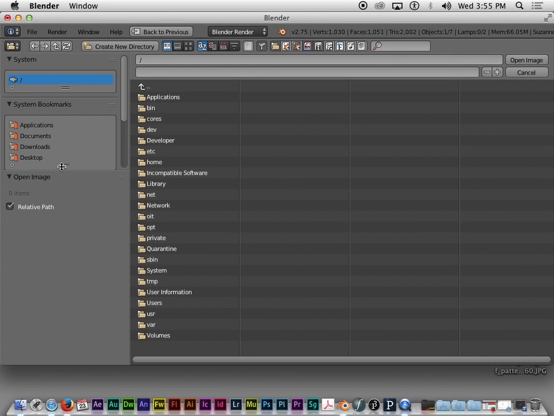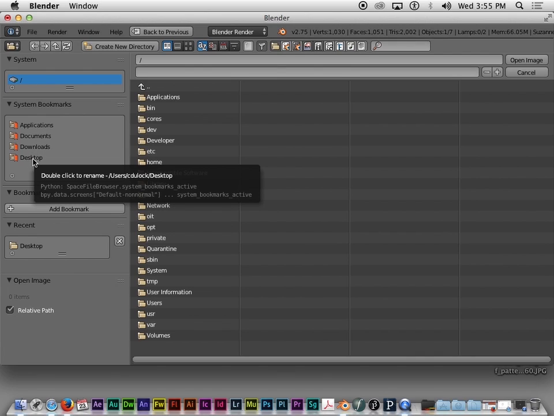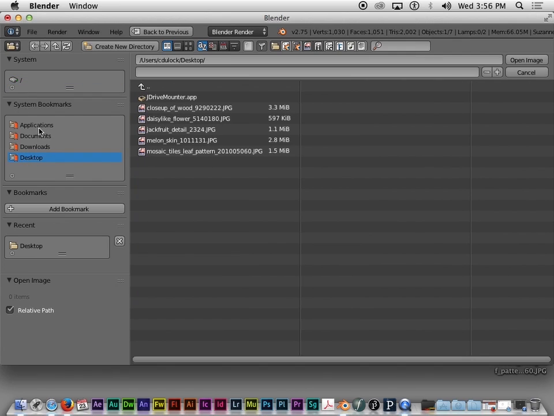And then from here, you're going to navigate to find your textures. Now, the way that I do it is I use one of these system bookmark options on the sidebar, usually to get to a place fast, like the desktop, which is where I saved my textures to. You can also attempt to use other things like the system button up here at the top to access the hard drive of the computer. But I'm going to go to desktop